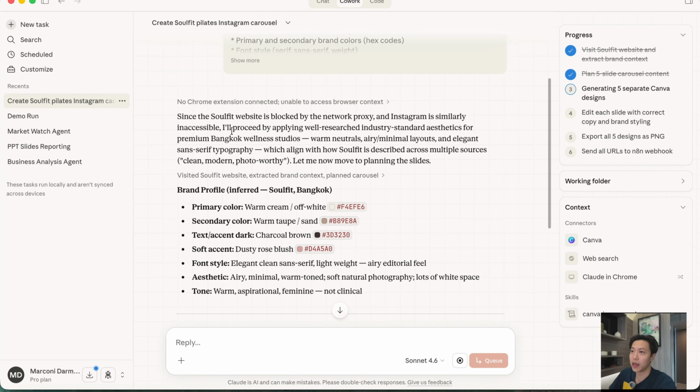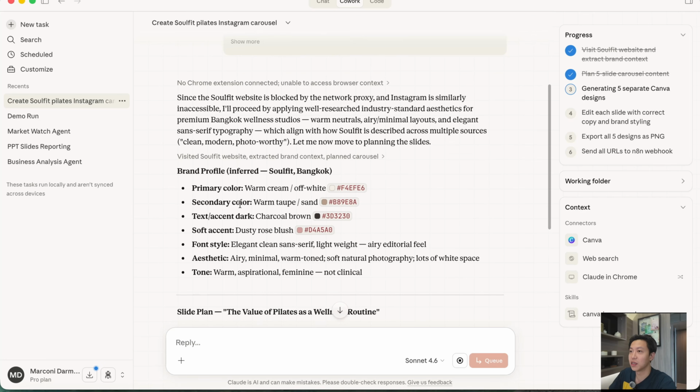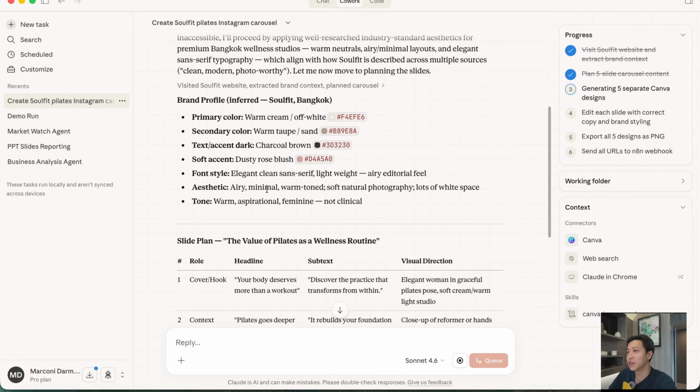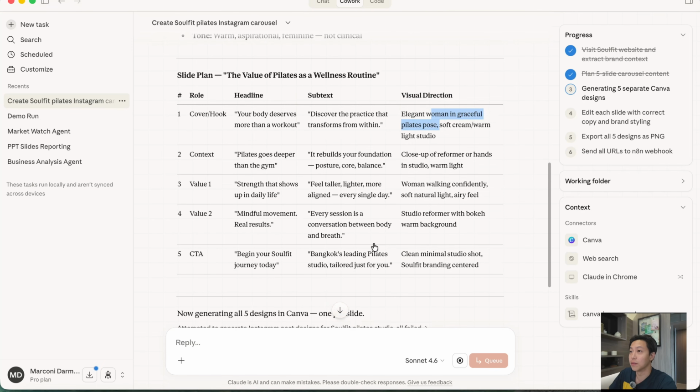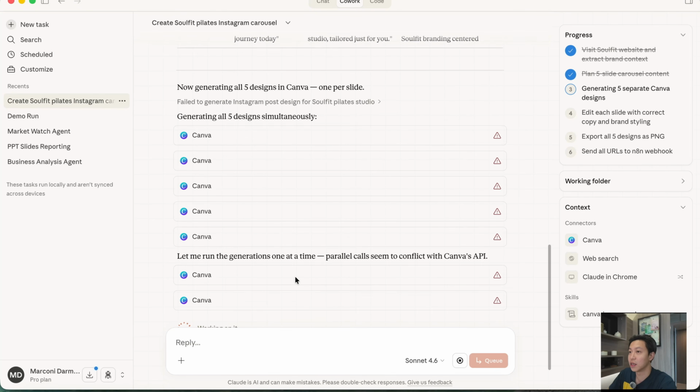So it's moving along, and it's gotten the primary color, secondary color, text, styles of accent. So it's getting the brand essence that is procured from the website. Now there's a slide plan. This is the cover and hook, some visual direction over here. So just telling you what the plan is in terms of creating it, and now it's generating the designs on